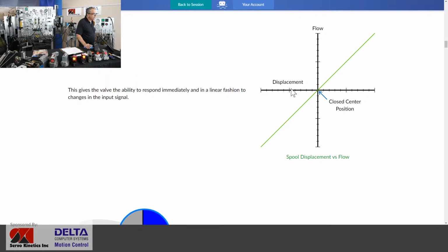So as we move to the left, that's our valve spool moving from the home or closed center to displace the spool out on the B work port and then produce flow on that B work port. Or perhaps we displace the spool the other way and produce flow on the A work port. And what you're seeing here is that our graph passes right through the center, meaning that the moment that valve is done displacing in one direction, maybe it's coming back home from the left, and we hit the zero flow mark,